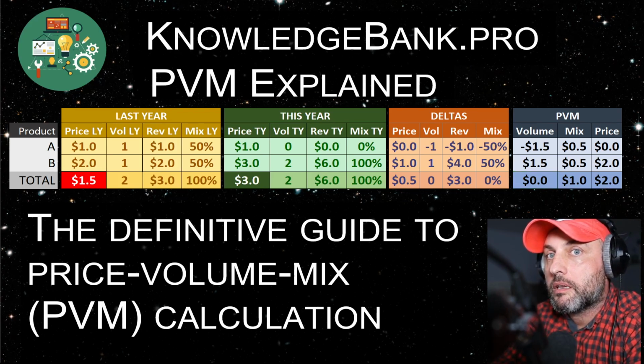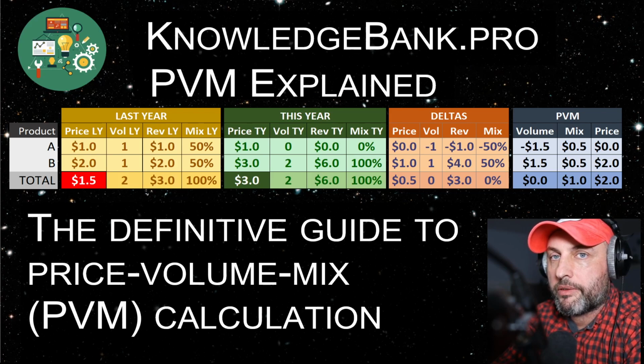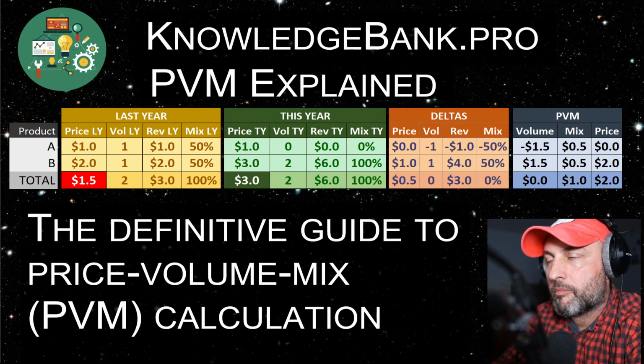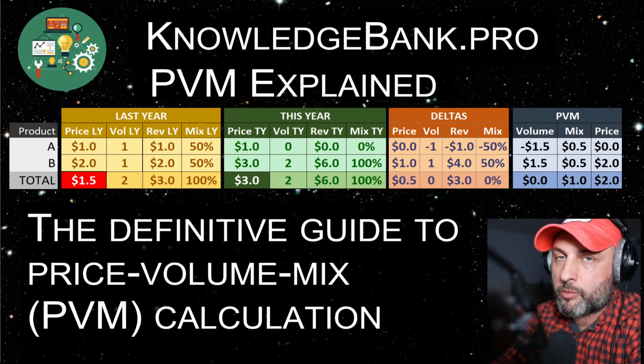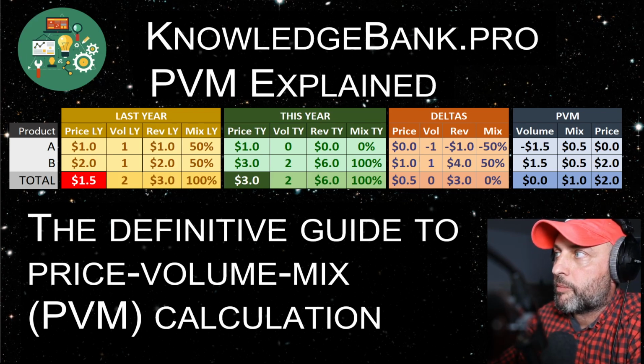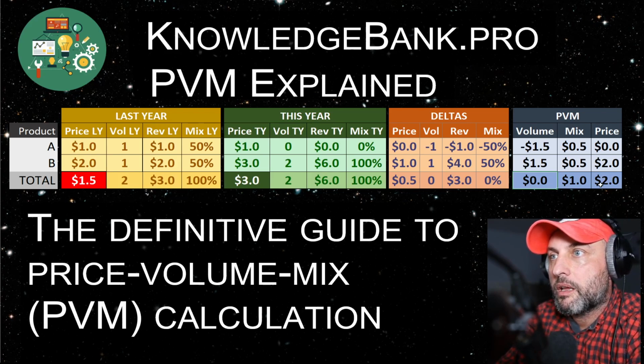So let's summarize. Price component of PVM, units this year times difference in price. Volume component of PVM, change in units times average price. Mix component of PVM, change in units times product price minus average price. You compute it for every product, you add it together, and you're going to get your overall portfolio PVM buckets for all the products in your